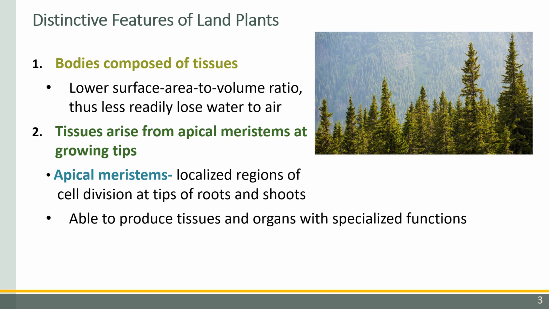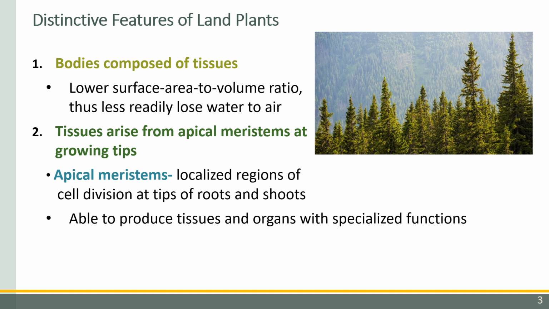And if the surface area is outpaced by the volume, or the volume is not high enough for the surface area, you can have issues with transporting substances through a cell, like from one side to the other. But you can also have problems with not being able to take in enough nutrients or water, or losing too much water. And so land plants are a balance between taking in enough water and not losing it,